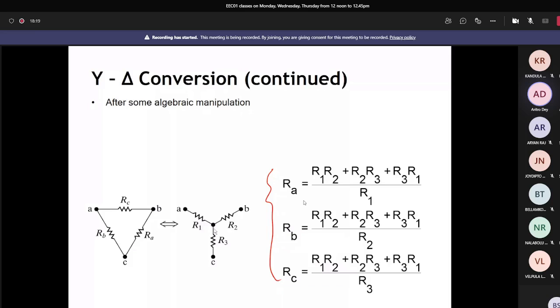Or maybe the other approach is, for me it is beneficial. Actually, I follow that trend. Whenever we want to find RA, the other side from R1, we can write it like R2 R3, then R2 R3 divided by R1. So if you want to find out RA, it is R2 R3 and then R2 R3 by R1. So that we can follow.